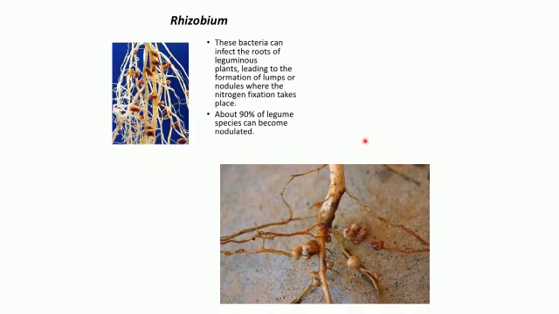Now, these nitrogen fixing bacteria live in the roots of leguminous plants. So to increase the fertility of the soil, the farmers, after the main crop, grow such leguminous plants in their field so that the fertility of the soil will be increased. These nitrogen fixing bacteria are found in the roots of leguminous plants like peas and beans. And these bacteria are found in these nodules, or what we call the lumps.